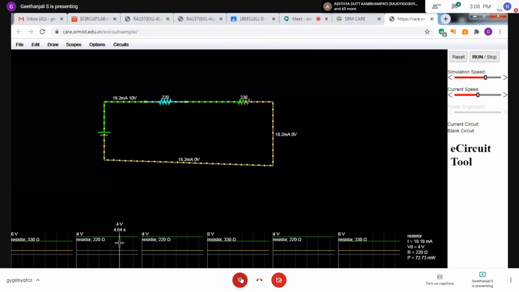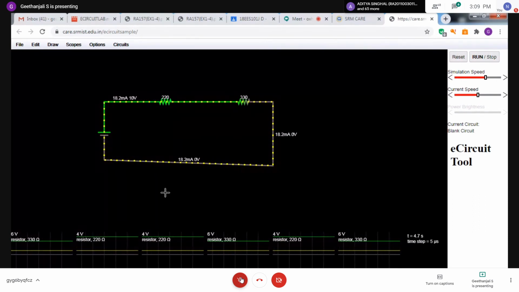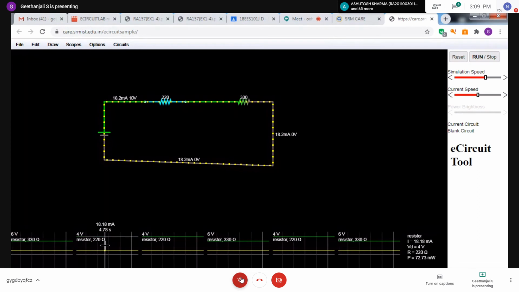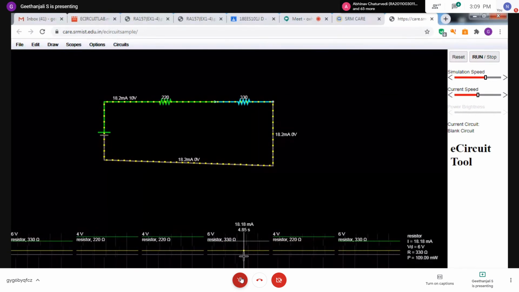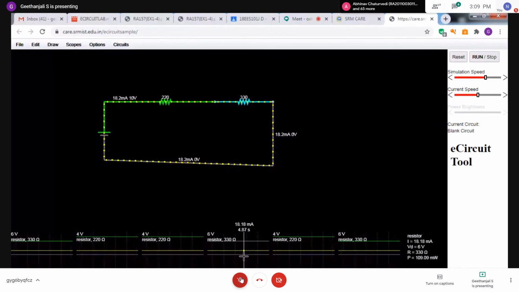Yes, ma'am. Right. So at the same time while you are moving your cursor in the scope, the corresponding value is displayed here. All of you look at the right side corner. Can you see the resistor, VD, high, everything? The values on the right side are related with the 330 ohm resistor. Are you clear now? Yes, ma'am. This is very important.